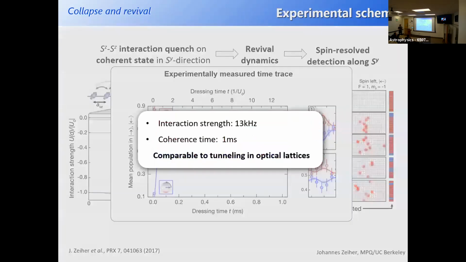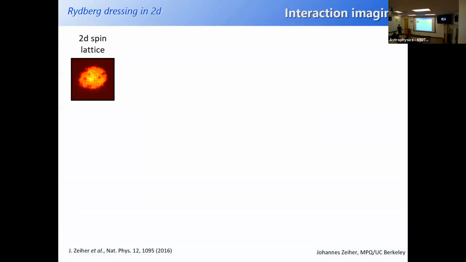And just to give you some idea, interaction strengths that we can realize here are much smaller than what we get with bare Rydberg interactions. So we've gone down from gigahertz to kilohertz, like 10 kilohertz, but we've also pushed the coherence time into the millisecond regime. And millisecond is kind of where you would say, okay, this is now comparable to tunneling in optical lattices, so it looks like we've bridged a large bit of the gap from high energy, let's say Rydberg physics, to this low energy optical lattice physics. You're not all the way there, but I think it's pretty hopeful that we can make it. Good. So this was 1D. The question is, does it also work in 2D?